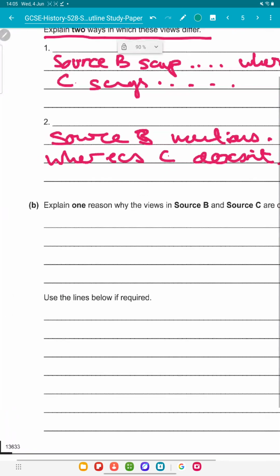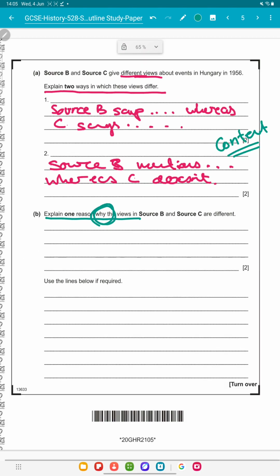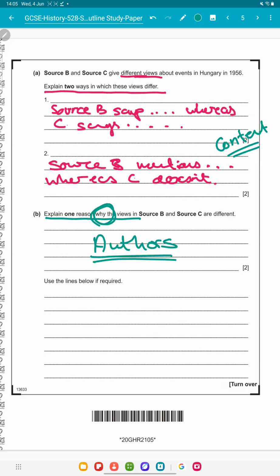For the second part of the question, it says explain one reason why the sources are different. That's very, very different. Here you're talking about the authors, because they will be from 2 different people with 2 different views about the same event. So say, for example, it was the Vietnam War. You might have an American view and a Vietnamese view. So these sources have different views because one is from an American who supports what America was doing in the Vietnam War, whereas the other source is from a Vietnamese communist who was opposed to what the Americans were doing